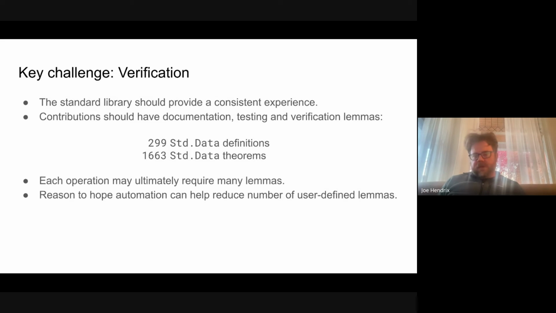Perhaps through automation we can reduce that ratio, and then standard can be lighter weight when adding new operations. But currently, without automation, I think that ratio is going to grow, and we'll have even more theorems per definition as we look at paper cuts people are encountering when verifying things, and adding theorems is appropriate to help simplify verification.